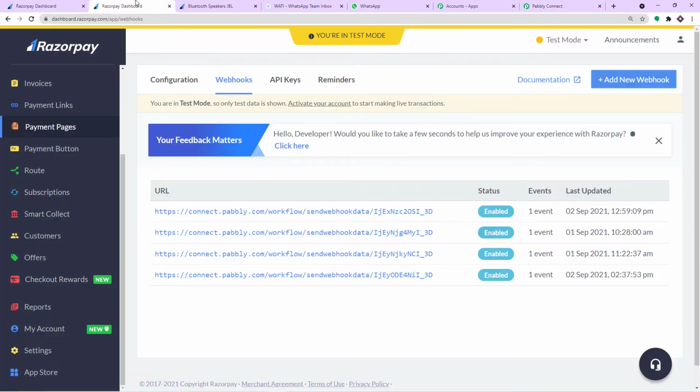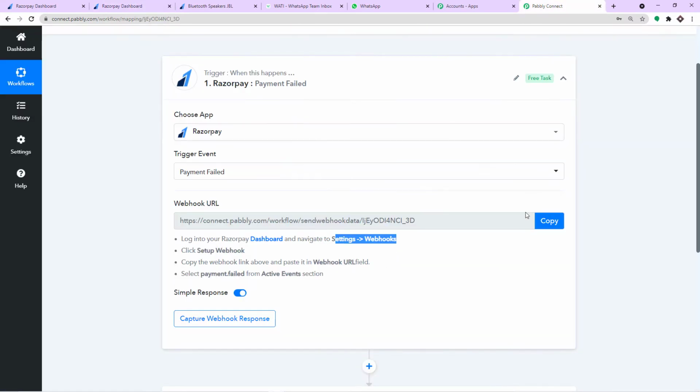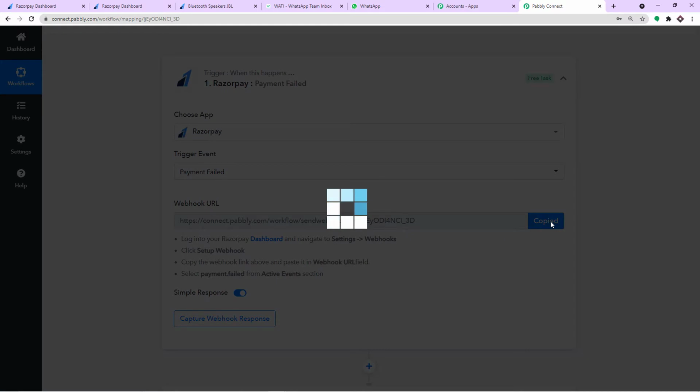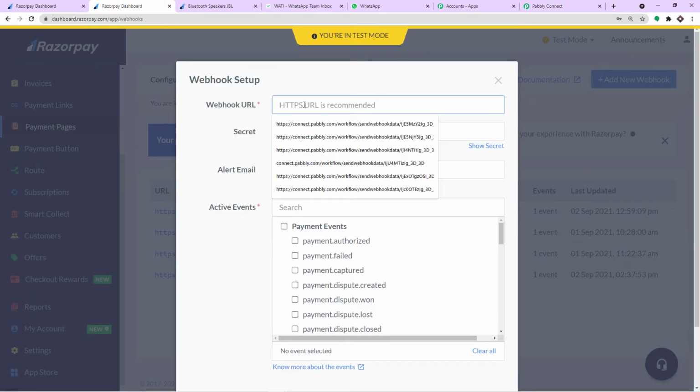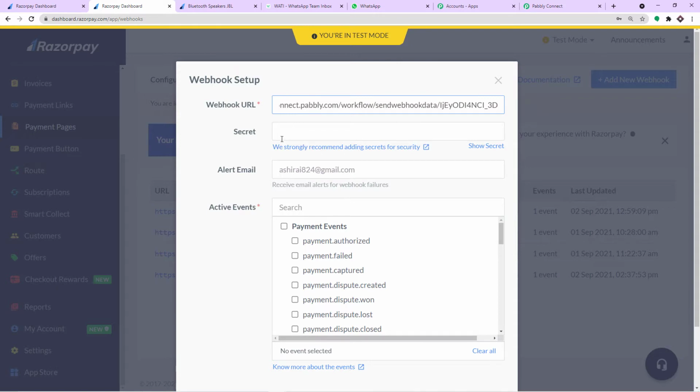Afterwards, copy the webhook link and paste it into the webhook URL. First of all, let me click on Add New Webhook. After that, I'm going to copy the above link. This is the webhook URL, and I'm going to paste it here. So easy. Then we just have to leave the secret empty,